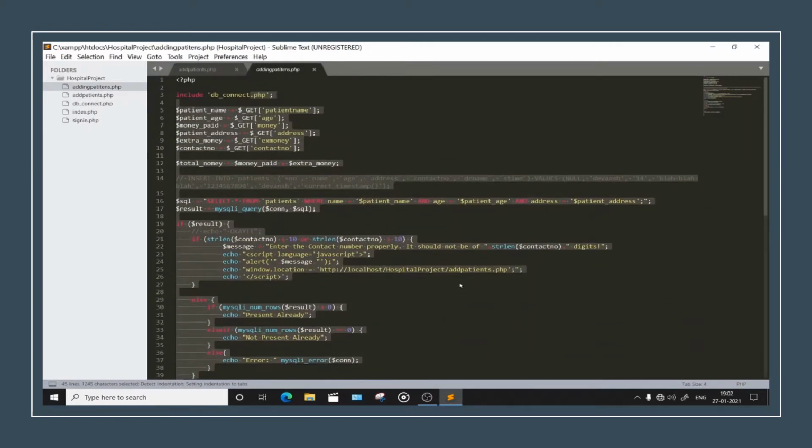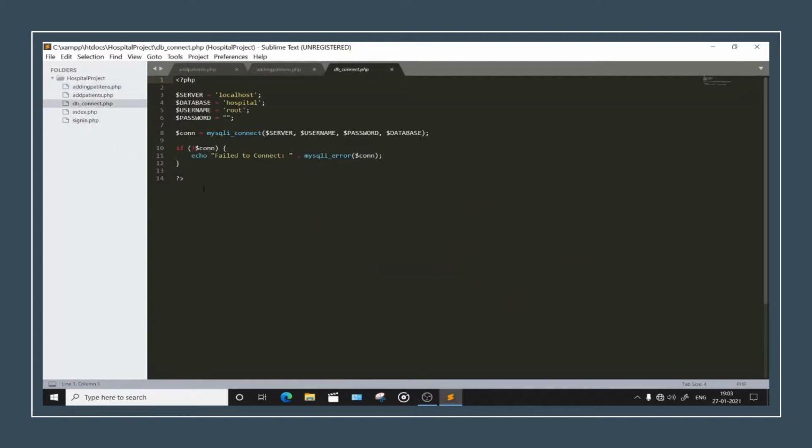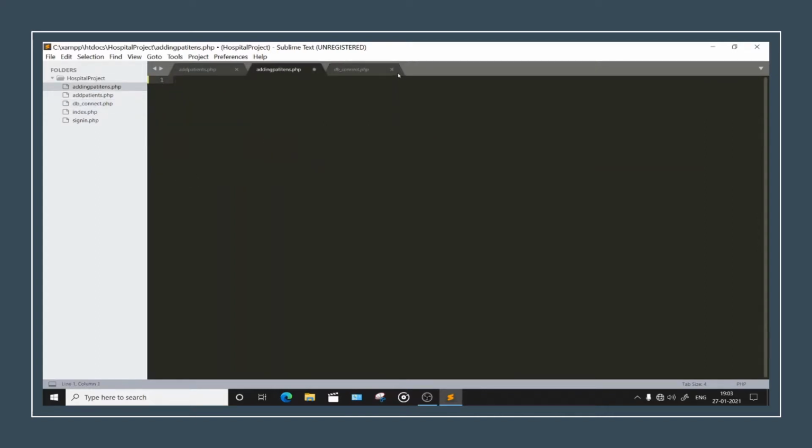I will be removing all these things for you, and we have done this dbconnect.php. If not done, then let me show it to you once. It's just a kind of code. You just need to take it up and put it, nothing more than that. If you all suggest, I will also keep this in comments. Just tell me. Now let's head down to our place.